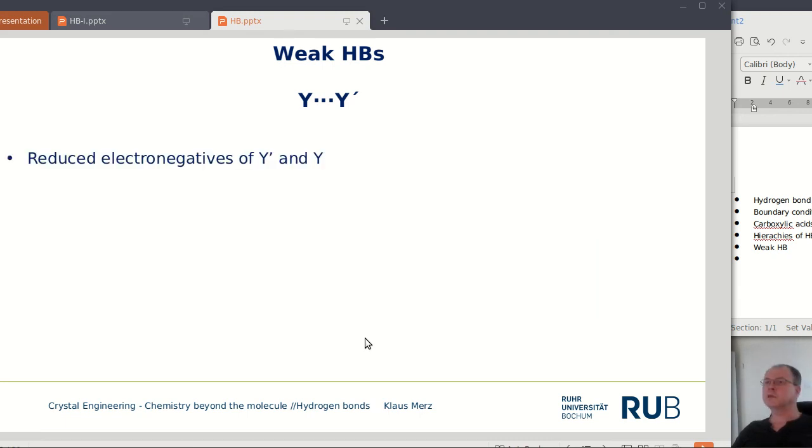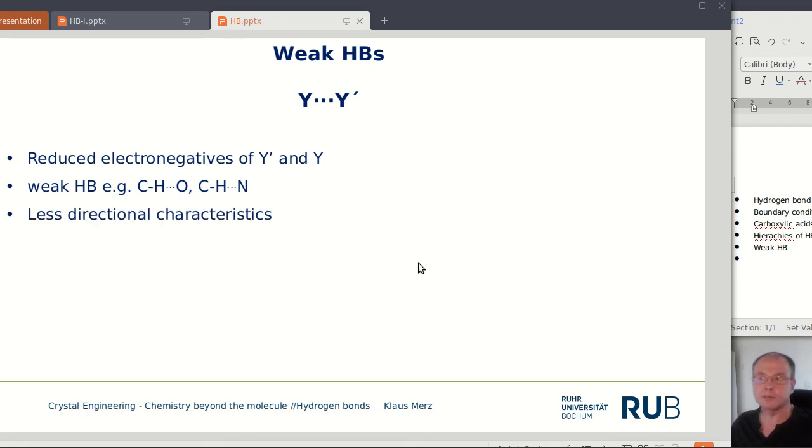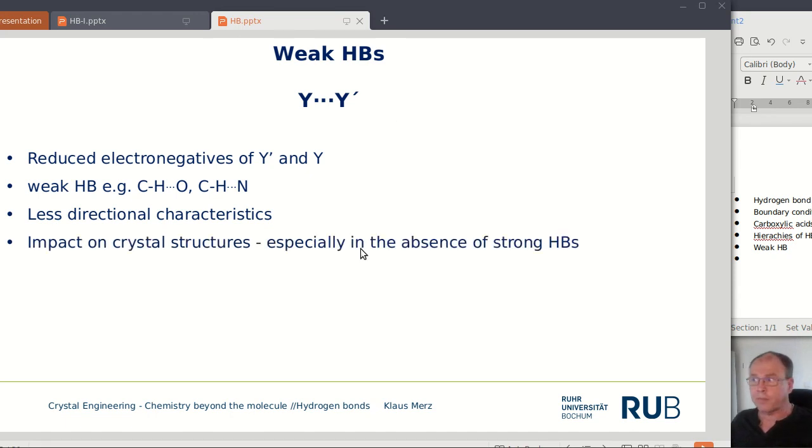Weak hydrogen bonds are hydrogen bonds with reduced electronegativity, epsilon or epsilon bar. For example, C-H···O. You remember this example from the Cambridge Structural Database. Or C-H···N, that's another very nice example of weak hydrogen bonds. In this case, we have less directionality, this is very important. And on the other side,